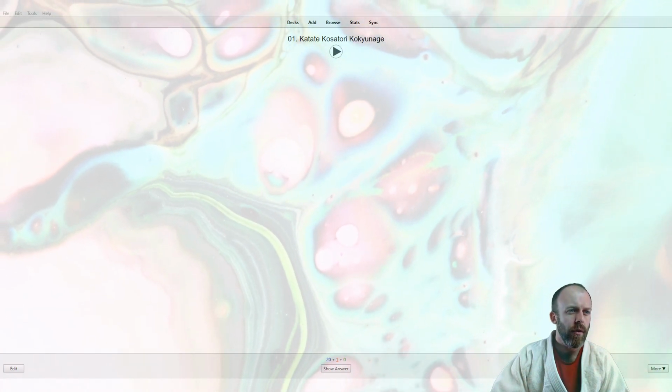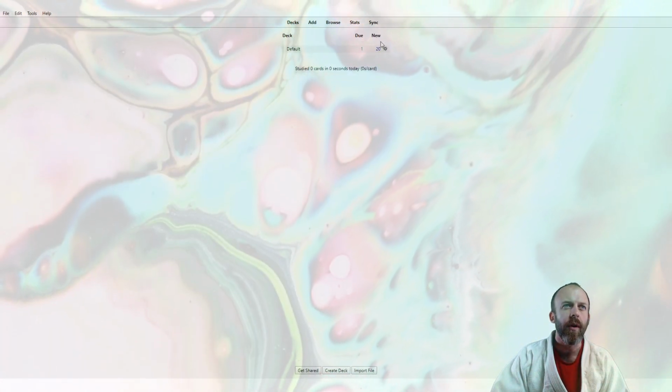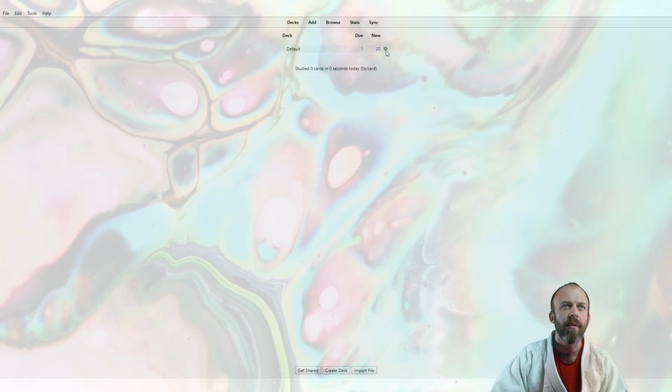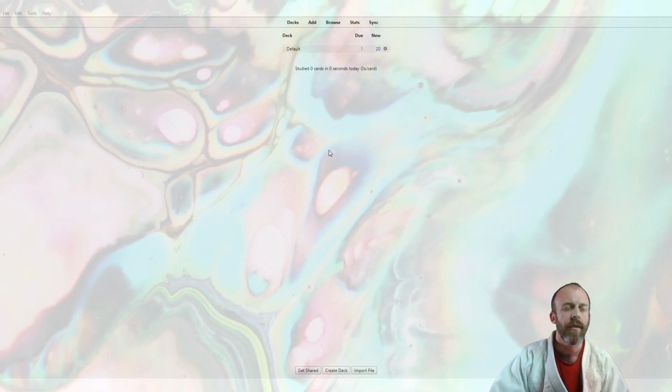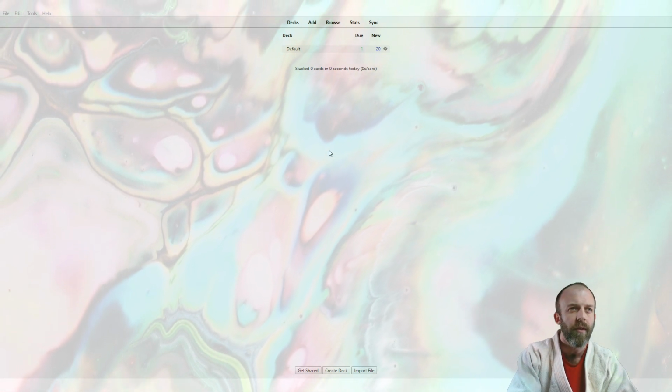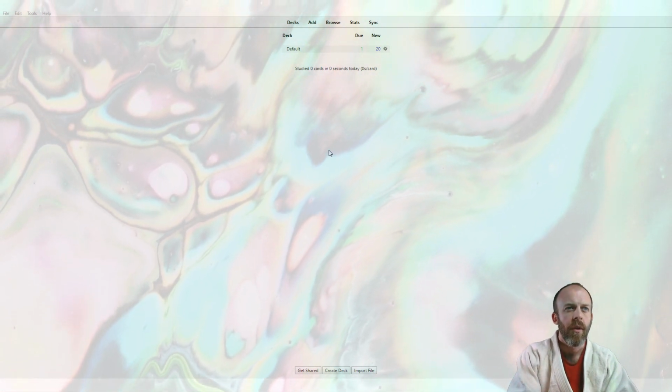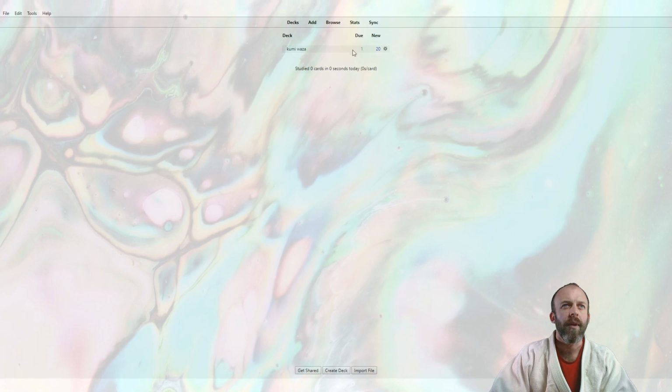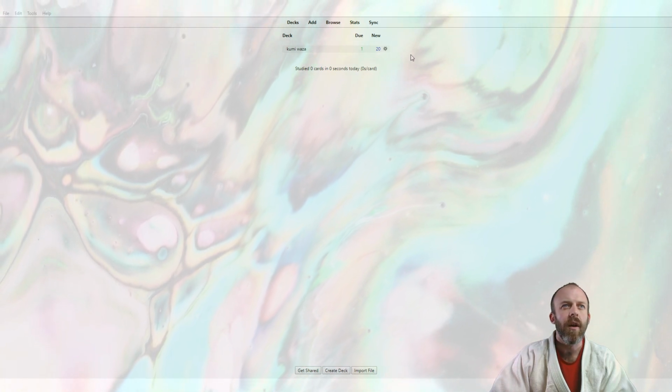When you get the software, there'll be a deck here. This one is by default named default. We're going to rename it to Kumi waza because that's what it shows. You wouldn't have to do that probably. And what I did in the settings,